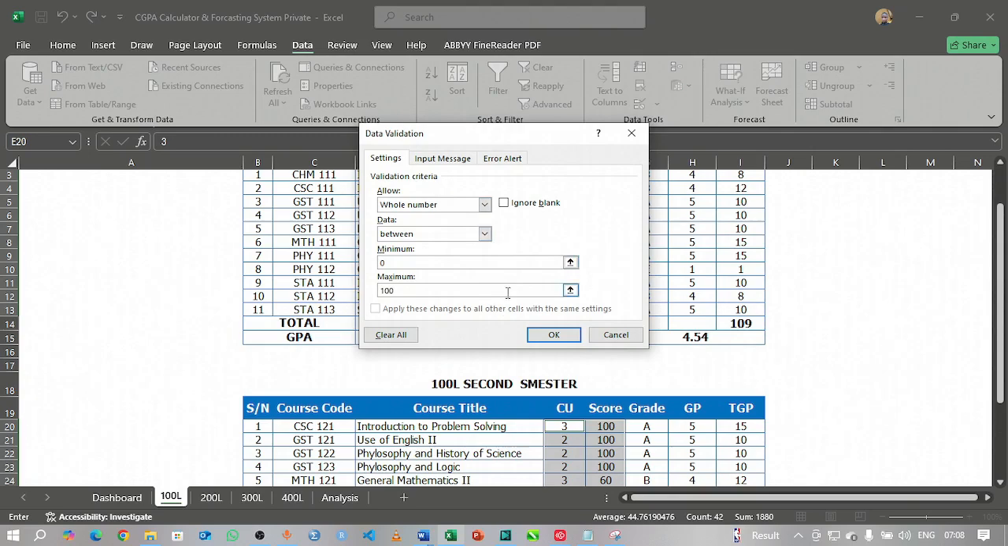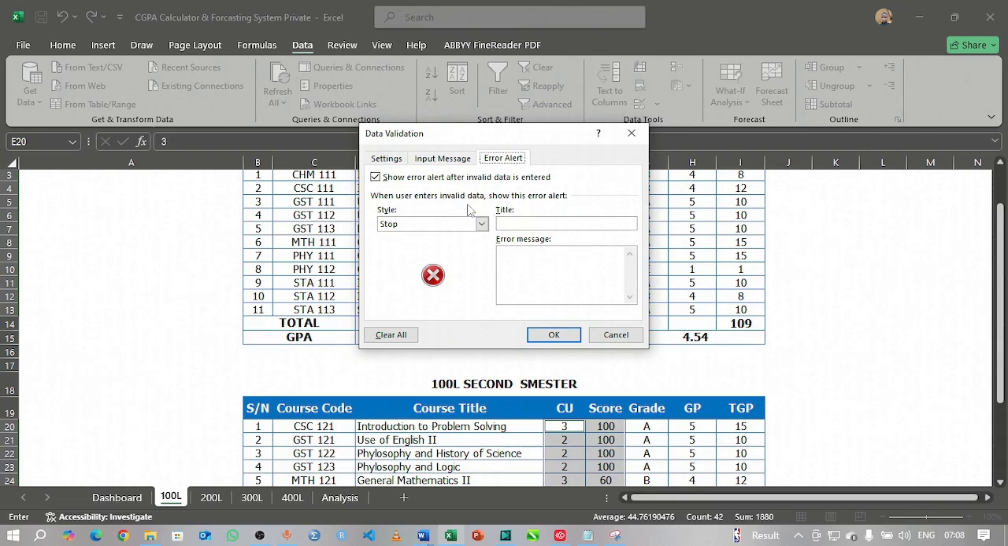We need to put a message when someone enters a value that is not between this and this. We need to alert them. So from the tab here, we are going to go to the error alert tab and ensure that show error alert after invalid data is entered is checked. Then we'll give it a title. So here we're going to say invalid detail. Then for the error message, we're going to say